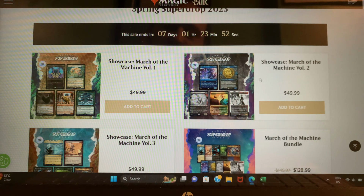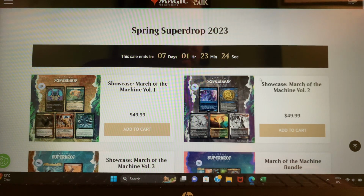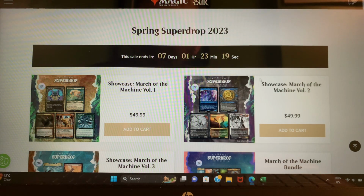Today I'm going to be looking at the Spring Super Drop for 2023 for the Secret Lair, and I'm going to be looking at the values based off of the actual sales or pre-sales of the cards on TCG, using the TCG market price, and just go from there. See which ones are kind of valuable and which ones just might be better to pick the singles up. And you'll have a better idea